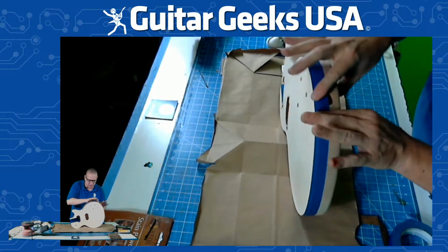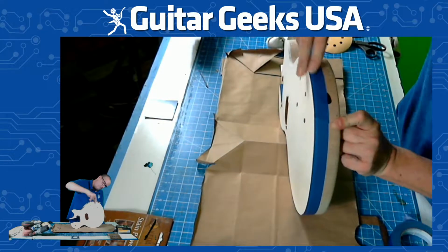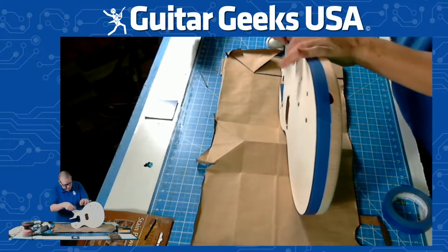And what I'm doing when I do this is called burnishing. I'm using extra pressure on the very tippy top side of the tape here to make sure that it seals down there so good, so we don't have any leaks. And we probably will anyway, but